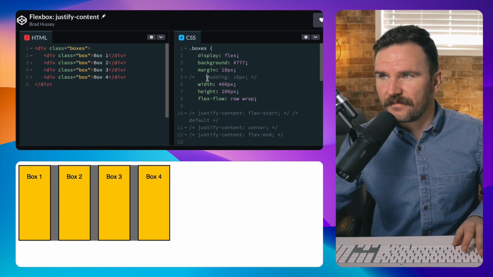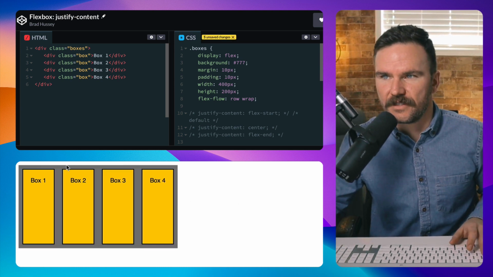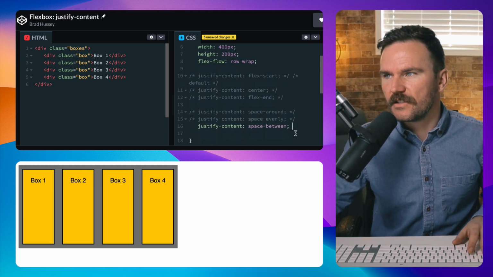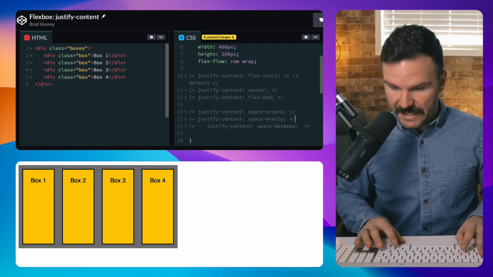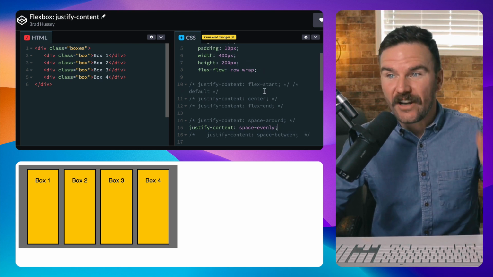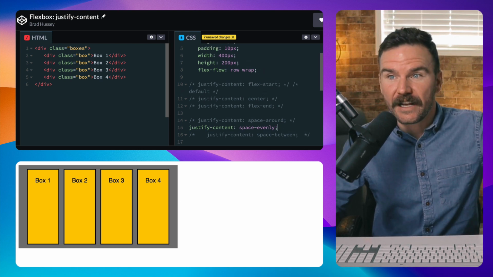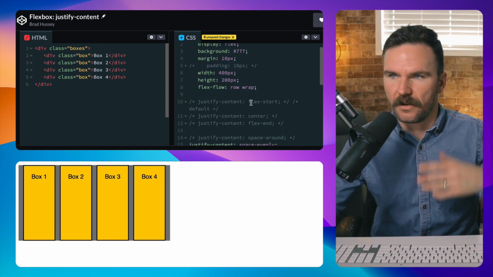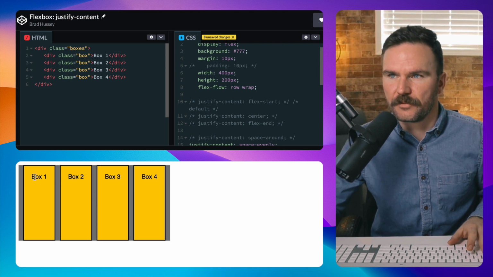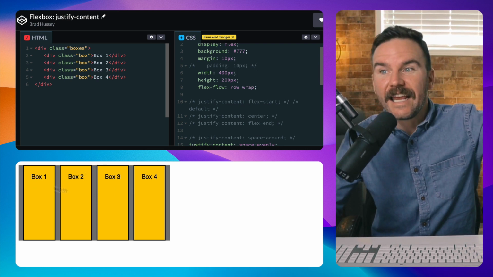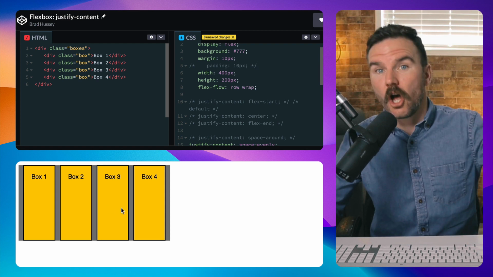Space between, if I turn padding back on, you'll see it's right up against the edge of the padding and the space between is equal. So now let's try something like space evenly. Space evenly gives even space between all the items, including the outside. Let me turn off the padding here so you're not confused by this at all, or it's not giving us a false perception. So see, the space is even in and around all of the boxes along the main axis,